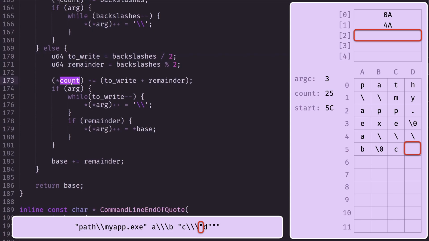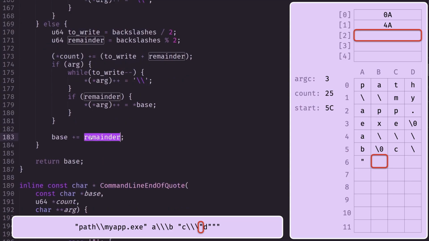Now we're just gonna add the amount of characters that we need to write. Then I'm going to write all the backslashes into the output buffer. In this case, it's just 1. Because we have an odd number of backslashes, we have an escaped quotation mark, so we can just write it as a single quotation mark into the output buffer. And then I'm just going to advance the base pointer to the next character right here and return that address